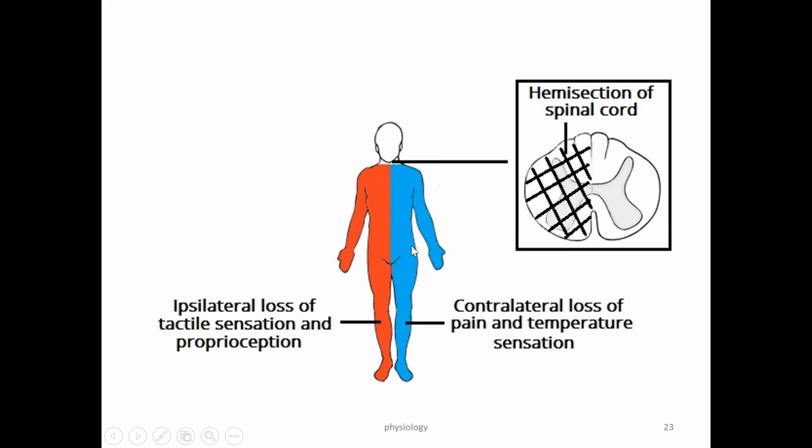Okay, while pain and temperature sensation cross immediately at the same vertebral level, so the right half of the cervical vertebra carries the fibers of pain and temperature from the opposite side. That is called contralateral loss of pain and temperature sensation. So you may have a question in the viva: why is there a loss of pain and temperature sensation on the opposite side of the body? You should know that the crossing takes place in the spinal cord, while for the dorsal column pathway the crossing takes place in the medulla.